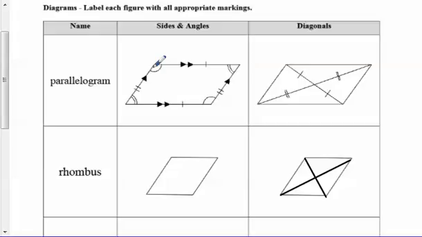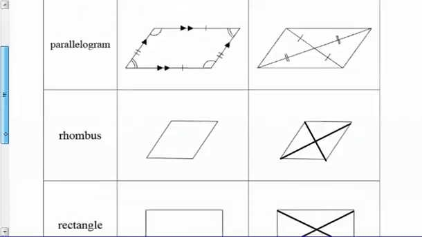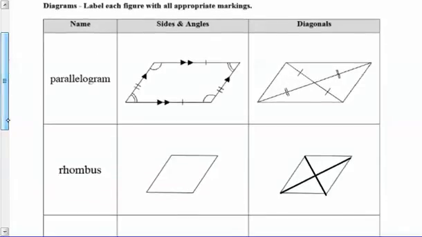Okay, so what we're going to do in this video is look at some of the special parallelograms. Special parallelograms include rhombuses, rectangles, and squares. They're special parallelograms because they have some additional properties that other parallelograms don't have. But because they are parallelograms, the opposite sides will be parallel, opposite sides will be congruent, opposite angles will be